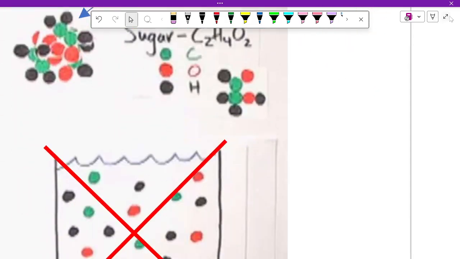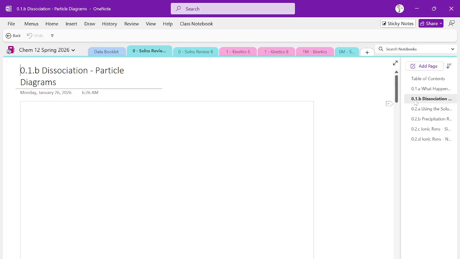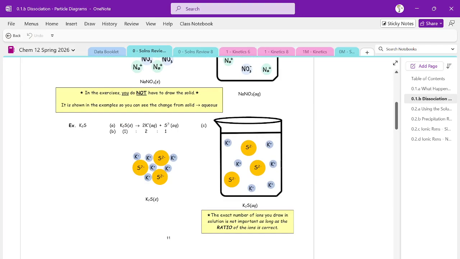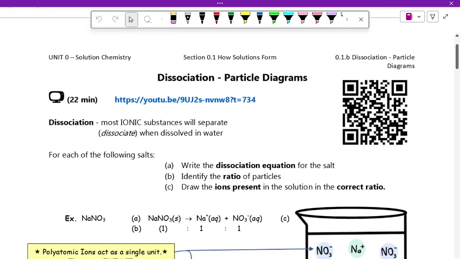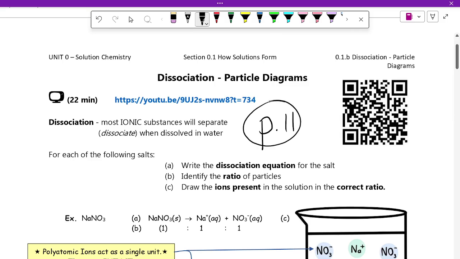All right, so we are going to actually now skip ahead to page 11. Page 11. Dissociation particle diagram. So these are dissociation particle diagrams because most of the compounds we will be dealing with in Chemistry 12 are ionic compounds, unless they are acids or bases, although bases are actually ionic compounds as well. So you need to be able to write dissociation equations. We're actually working our way